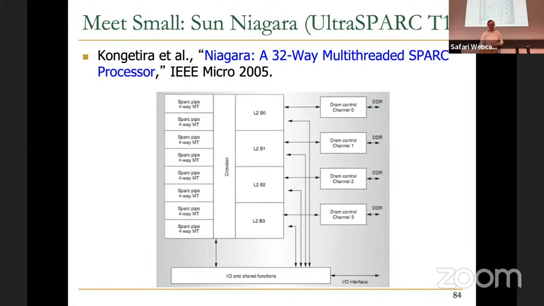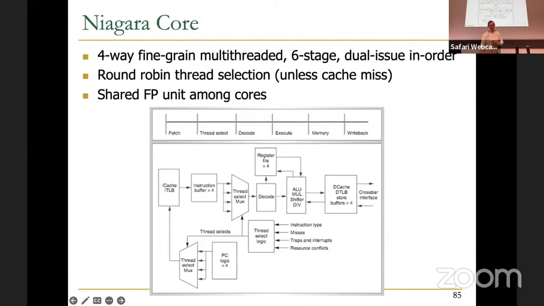Sometimes maybe not all systems are designed with good principles in mind. Okay, anyway, going back to Sun: Sun was a very innovative company, with a lot of innovations before this also. But they were designing these simple wimpy core processors. If you look at this chip, they actually had 8 processors over here. Each processor was 4-way multithreaded. And if you look at a single processor, it's very simple. It's 4-way fine-grained multithreaded, 6-stage, dual-issue, in order. There's no branch prediction. There's very little data dependency checking because at any given time